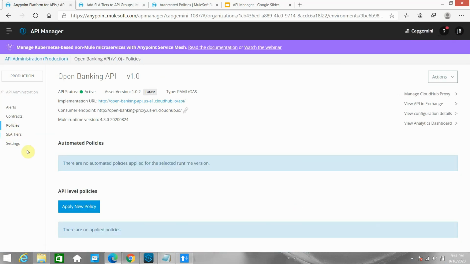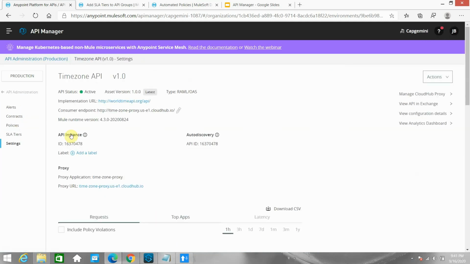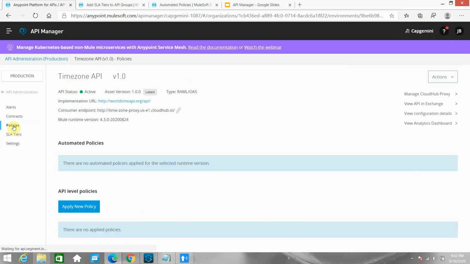Similarly for the time zone API, there is no policy. Here you can see there is something called automated policy. Whatever policy you add in the automated policy will be visible here.